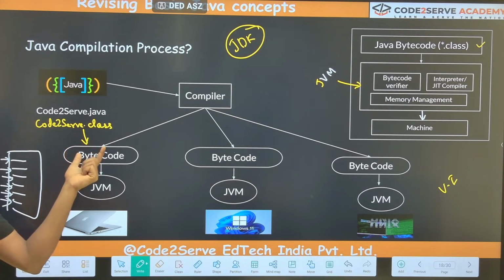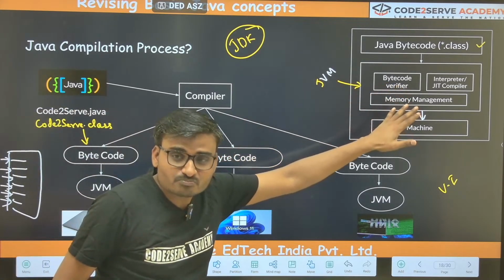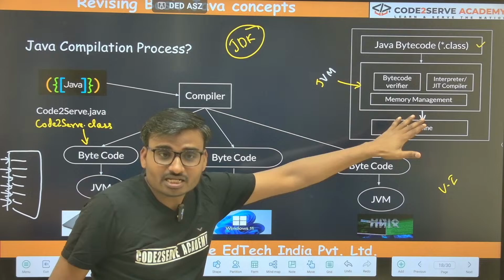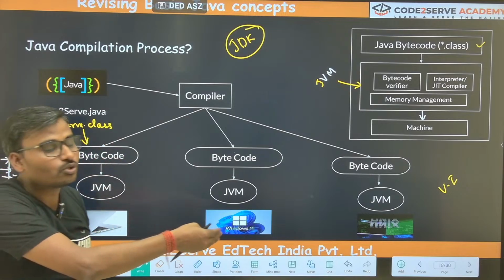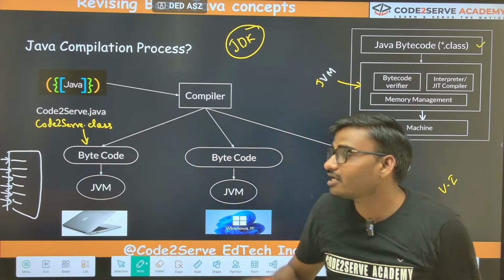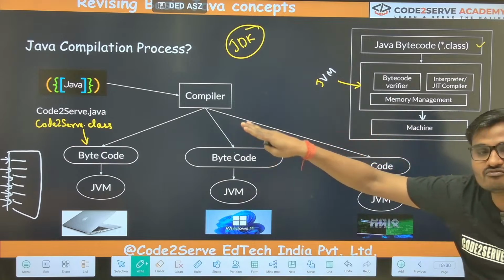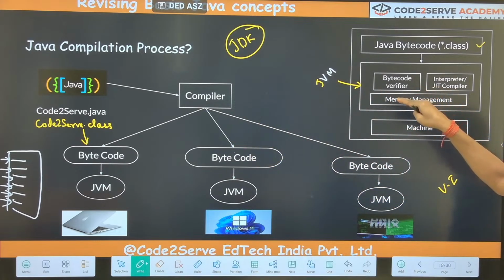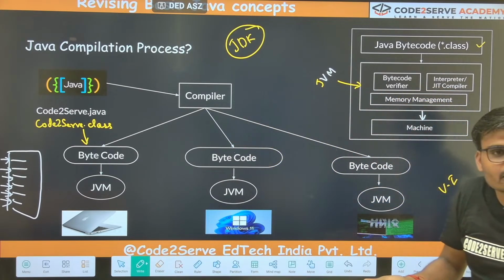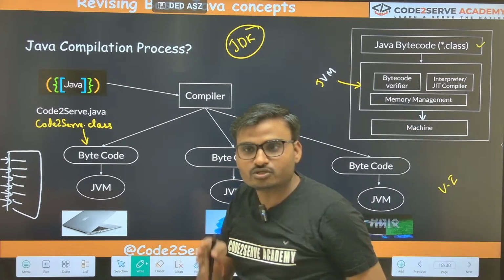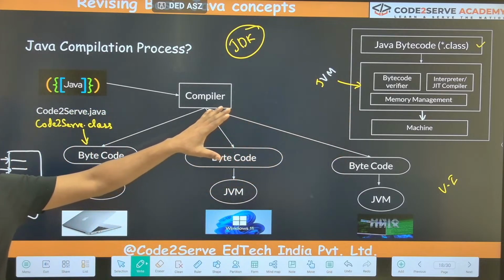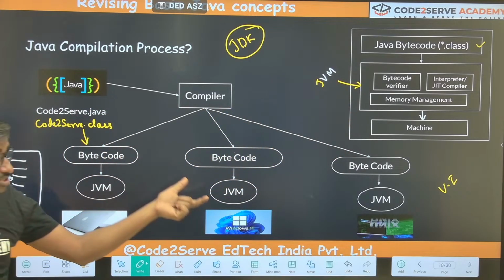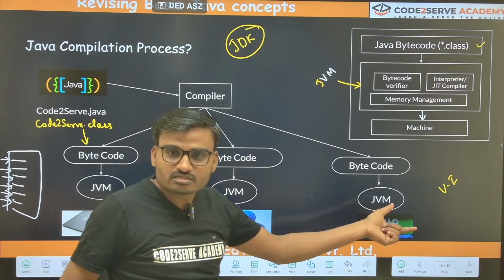It is creating a new class, and now it is responsible for creating the dependent machine code. Now you are not responsible for creating machine code for Mac, or for Windows, or for Unix. Now the JVM is responsible. You wrote in one language, and the JVM knows where it is installed, just like you know where you are, whether in a classroom or somewhere else. The JVM knows whether it is installed on Mac, Windows, or Unix. Got my point?